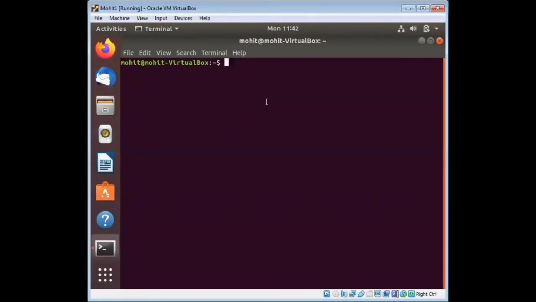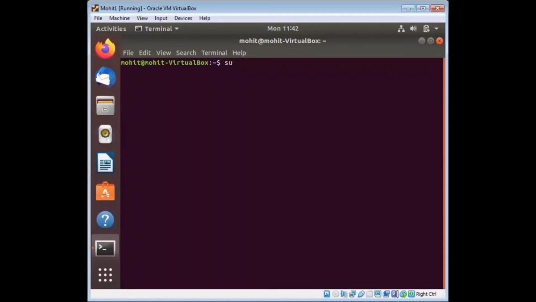In this lecture, we will discuss the top 15, 20, or 25 most frequently used Linux commands. These commands are very useful for both beginners and professionals. We have divided these commands into the following sections so that you can easily identify their uses. First of all, this is Mohit at the rate Mohit virtual box, dollar sign. The dollar sign means this is your normal user.